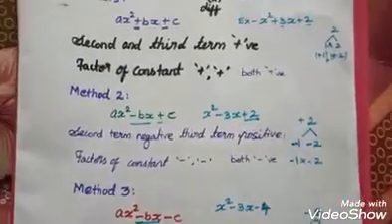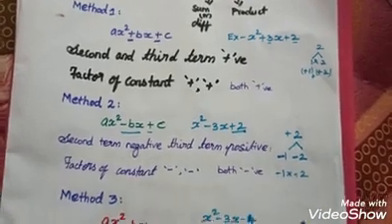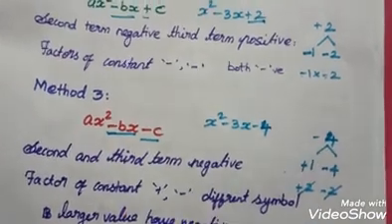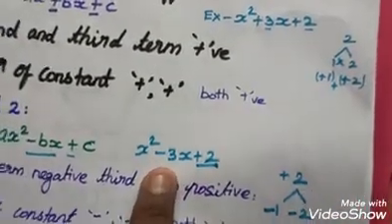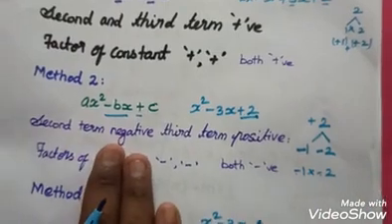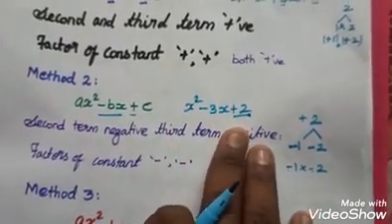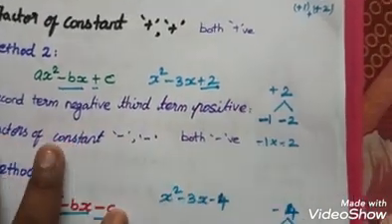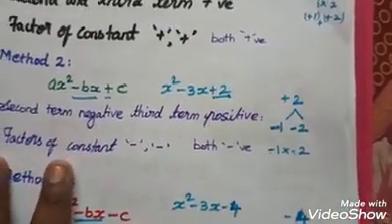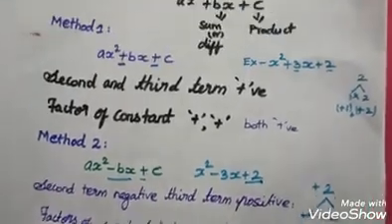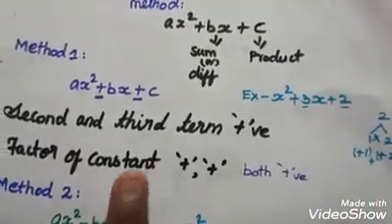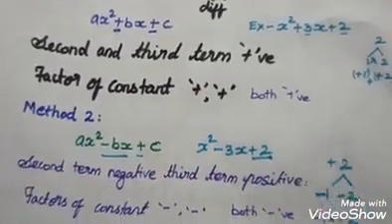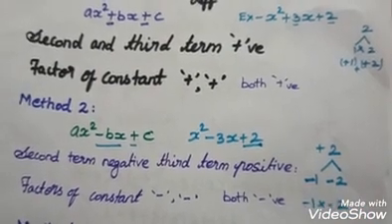So these are the 4 methods we have to follow before we move on to the splitting method. If you have any expression like this, by using this type of method you can easily find out whether both are positive or both are negative, or which one is positive and which one is negative, and what the factor is. So this is a very easy method. Because of that, you have to learn these methods carefully. You have to know these conditions. It's very easy to find the factor by the splitting method.